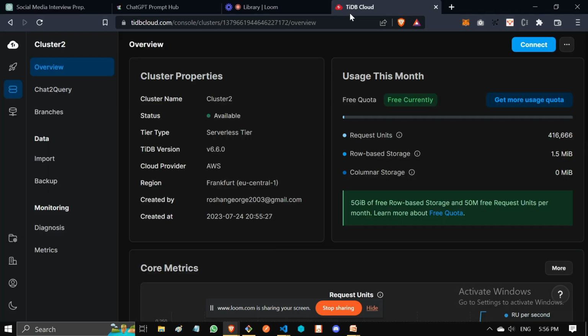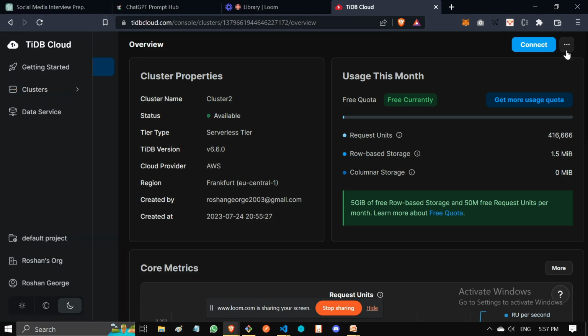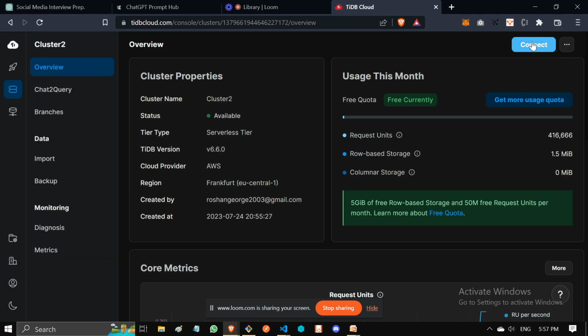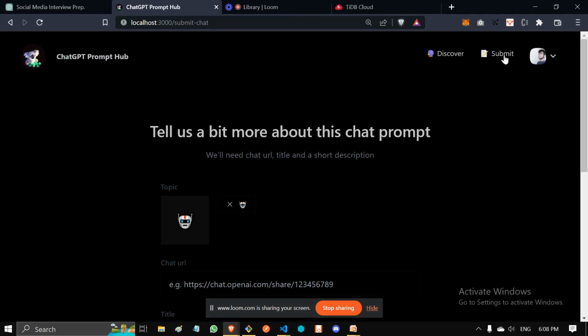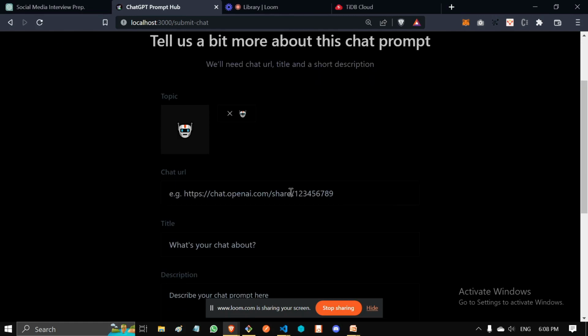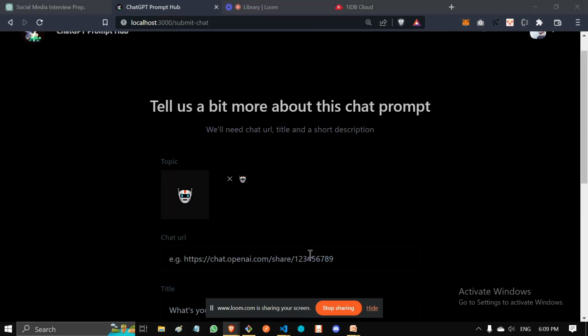How we have used TiDB in our project: we have used this option called connect. We have used this part as our connection string. I can go to the submit option and type the prompt which I would like to post in PromptHub.